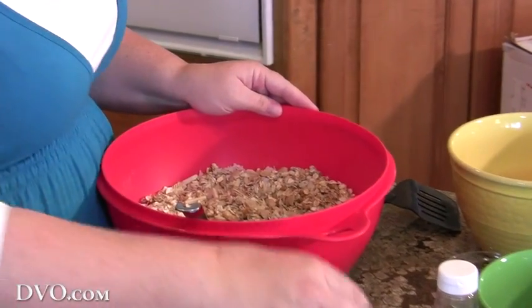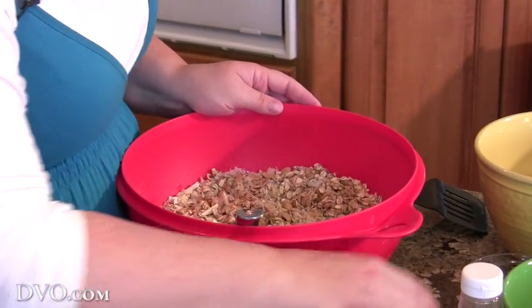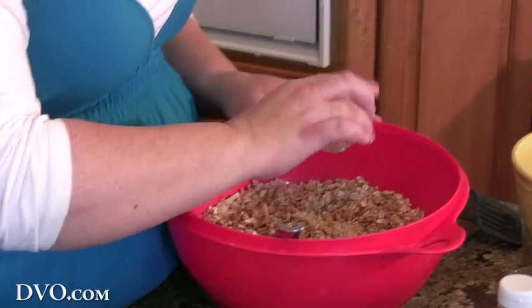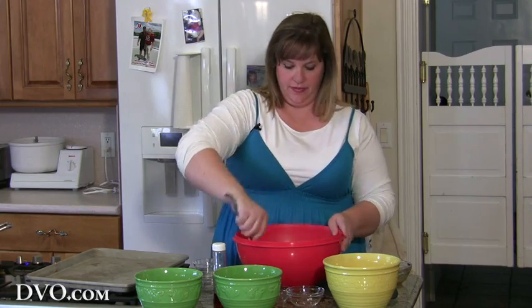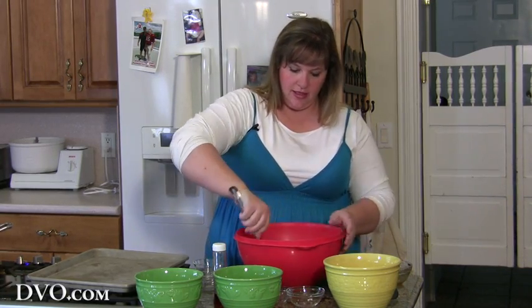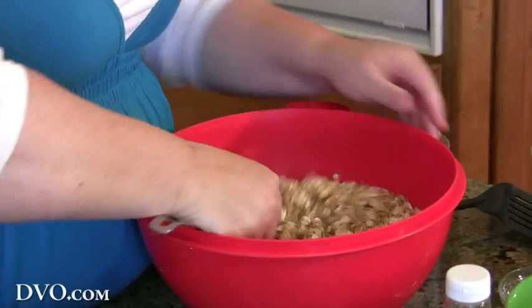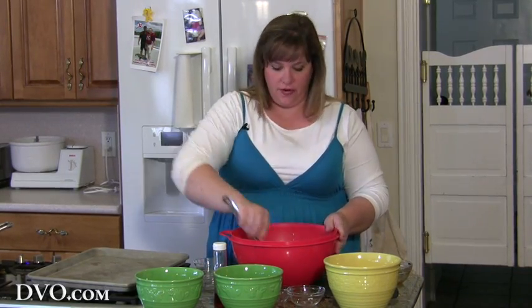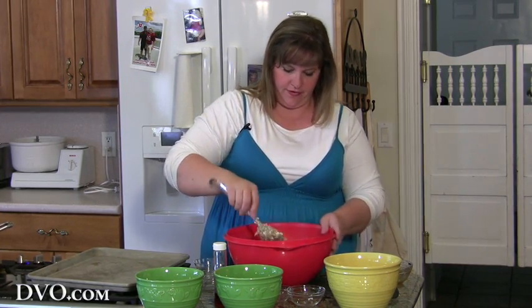With that, I'm going to, of course, add some vanilla, yummy vanilla, and some almond extract. It's optional. If you like it, add it in. If you don't, don't. Totally up to you. Now, this is our first phase of the granola. After it's all mixed in and nice and coated with oil and honey or agave, whichever is your preference,